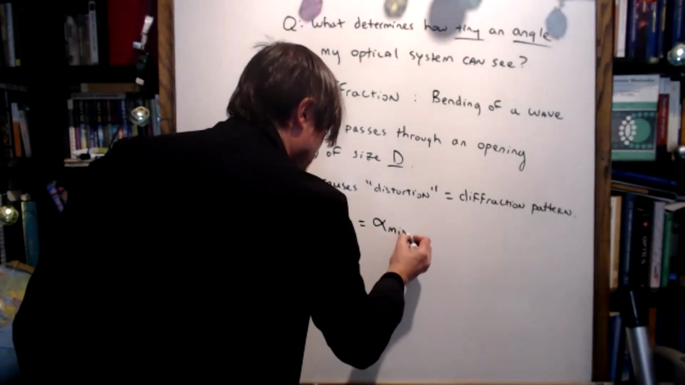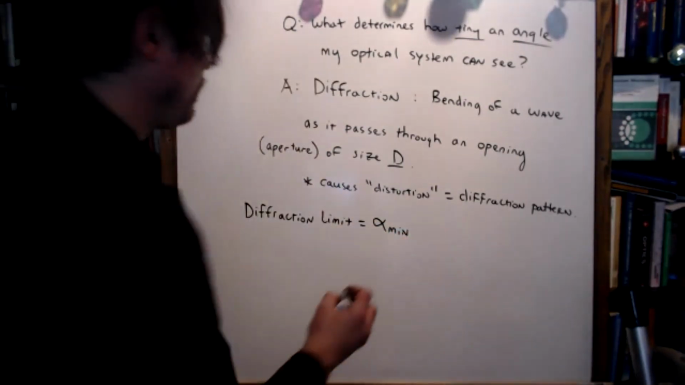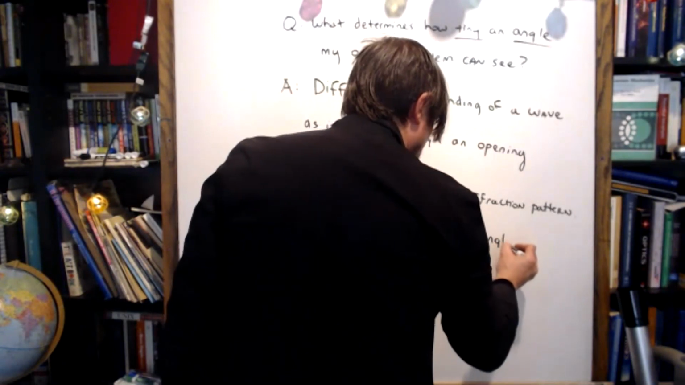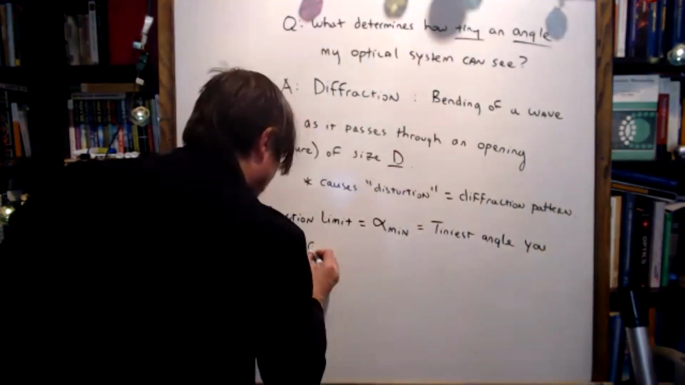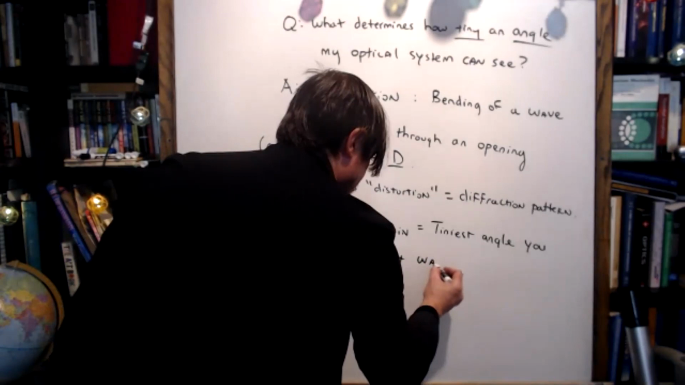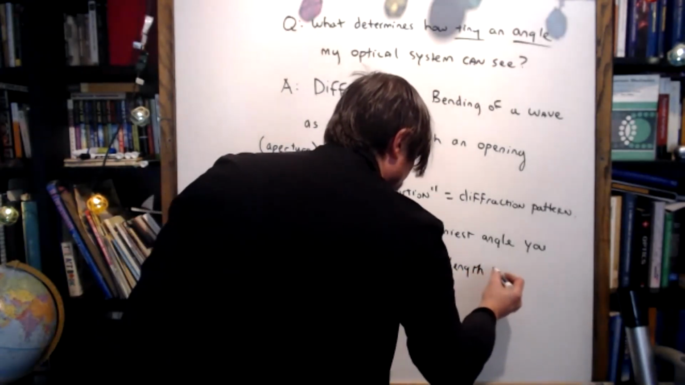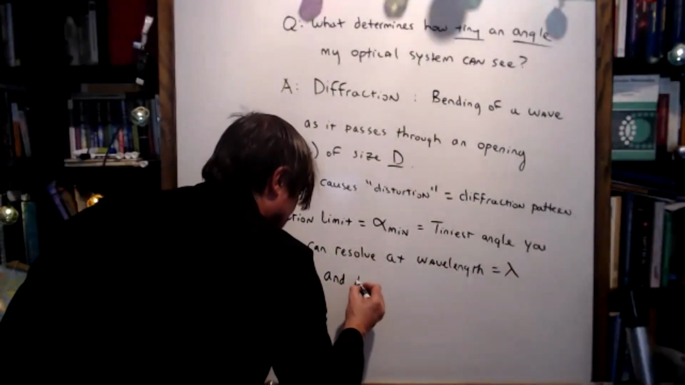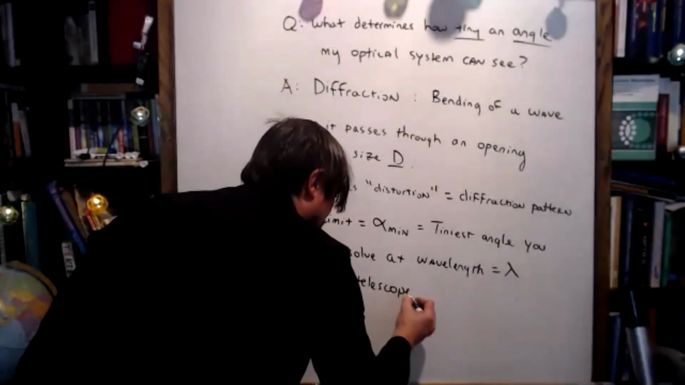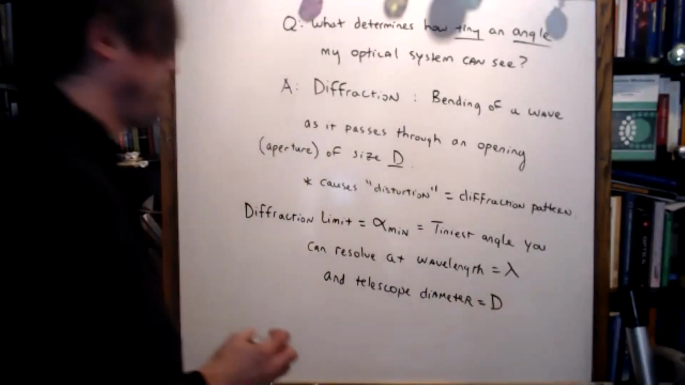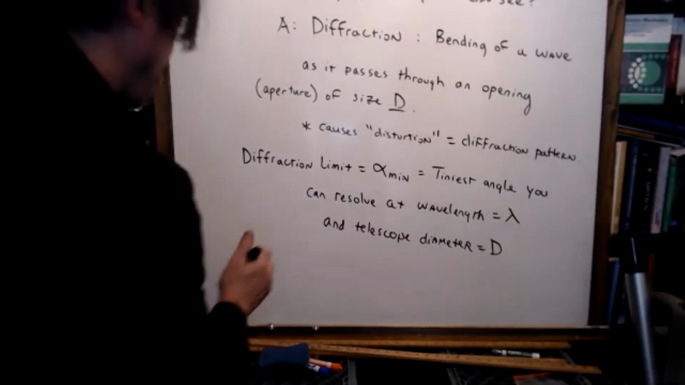Which I'm going to call alpha minimum. The diffraction limit is the tiniest angle you can resolve at wavelength specified by lambda and telescope diameter capital D. And the formula goes